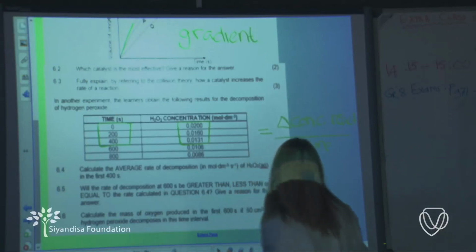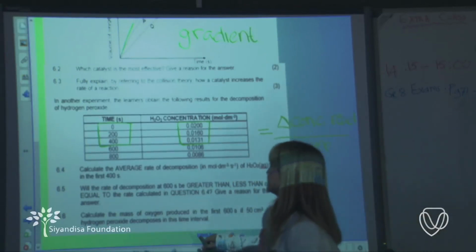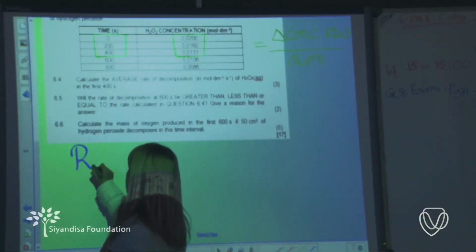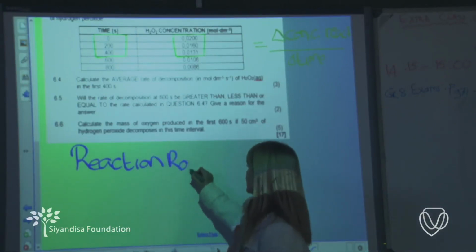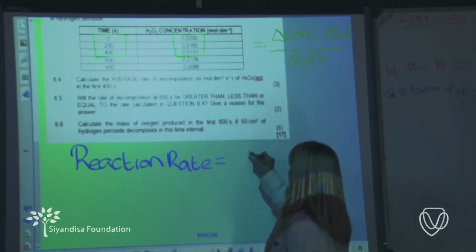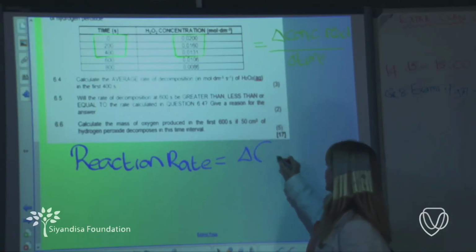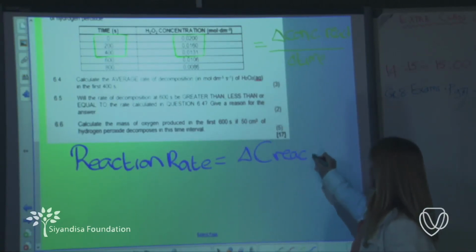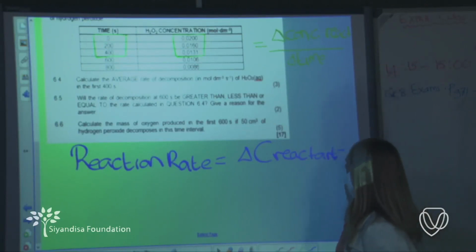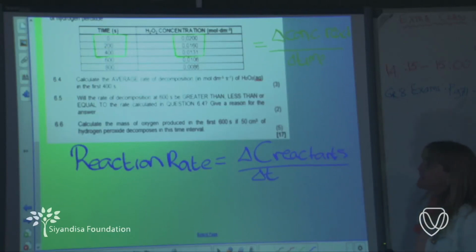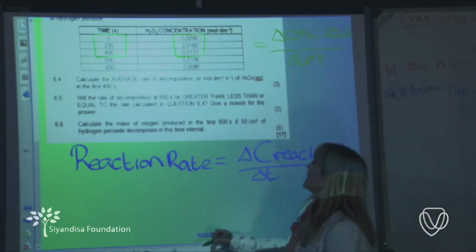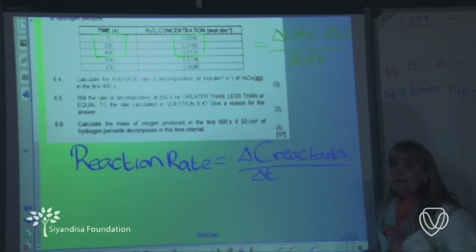So if we do that as a proper calculation, right, the change in concentration of reactants over change in time. The change in concentration, remember